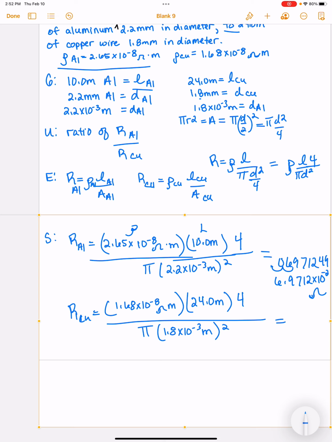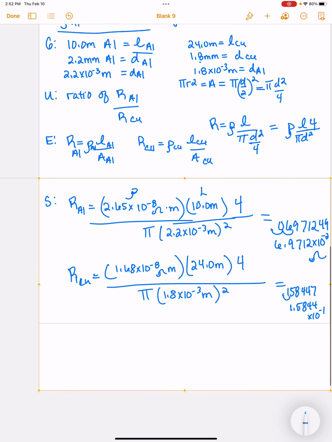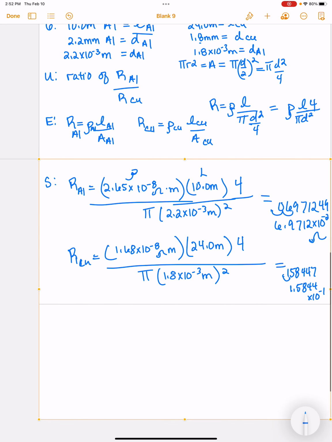Okay, and you really could keep them in the decimals for this because we're doing the ratio, but there we go. Oh, that's ohms. Sorry, I ran out of room there. It's a little bit sloppy. Okay, so now